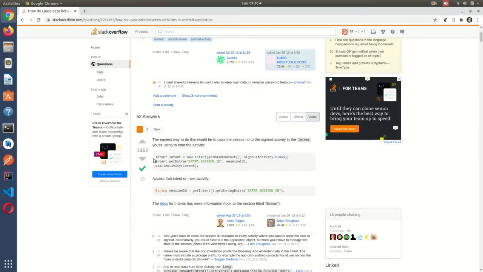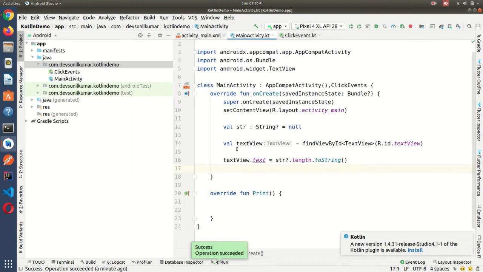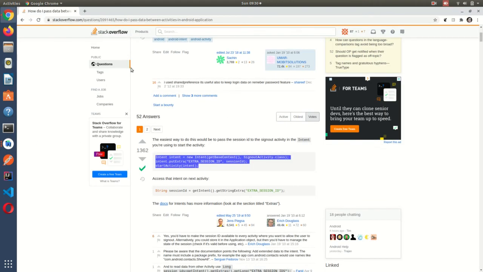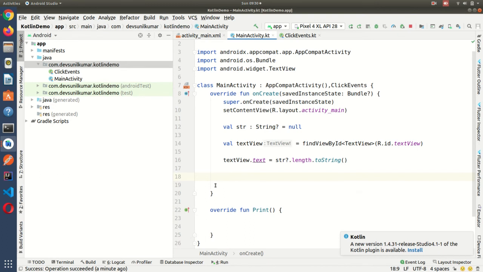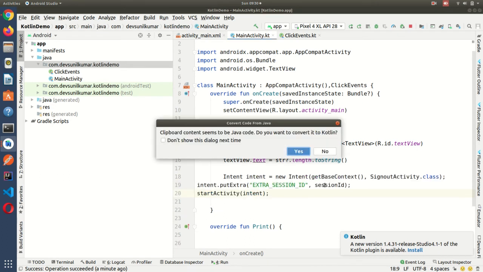Here is one intent, so I copy it, and you can see it is written in Java. I am going to paste the same code into Kotlin. Make sure your syntax is correct, like semicolons, everything should be correct.